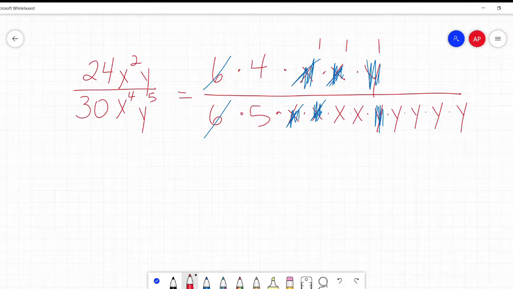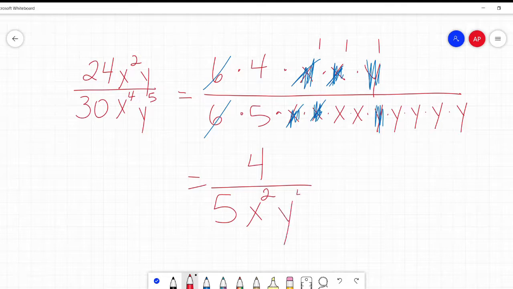So I can now say what all is left. On top, there's only a 4. All the variables disappeared. On bottom is a 5. I have 2 x's multiplied by each other, so by themselves it's x squared. And then I have 4 y's being multiplied, x squared y to the 4th. The shorthand way of doing this